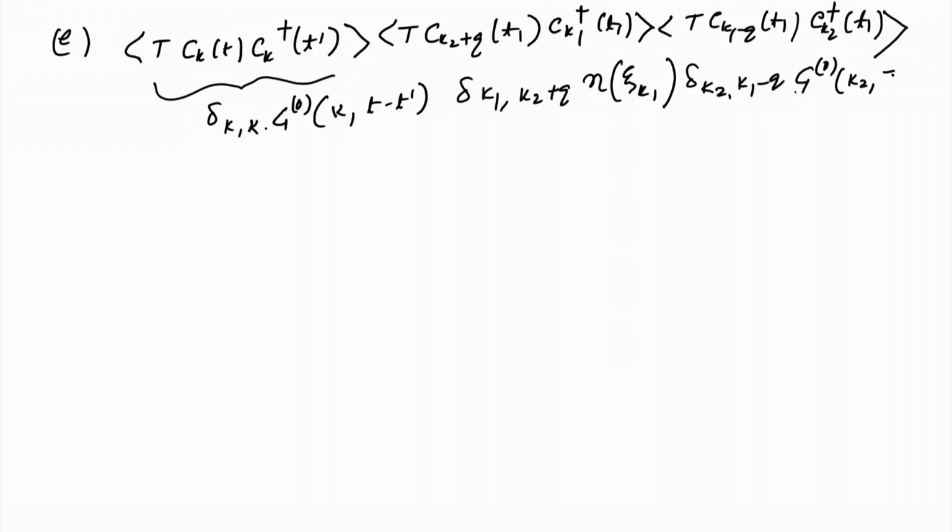So, this will actually be a n, which is xi k 2. Anyway, so these are 5 terms, and to write down the sixth term, we have t c k t c k dagger t prime